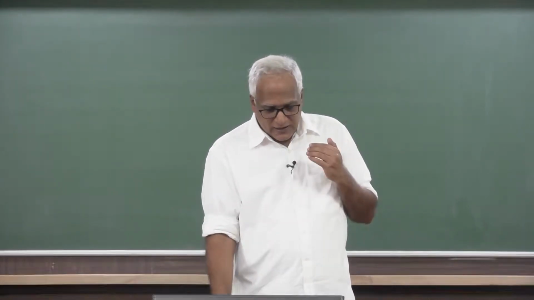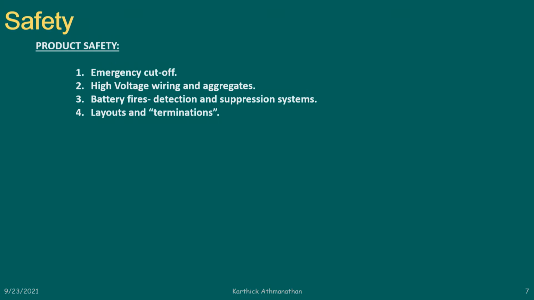So it is important, what I told you about the layout and the terminations of the various connectors and the cables, etc. These are important safety practices. So there are quite a few safety practices on the product which we have to adopt. Then we talk about personal safety. Personal safety is the safety of the people who work on the product. They are either manufacturing it, or they are prototyping it, or they are testing it, or they are maintaining it. So these are all people from the automotive company, and they need to be protected. So we need to give them correct gear.